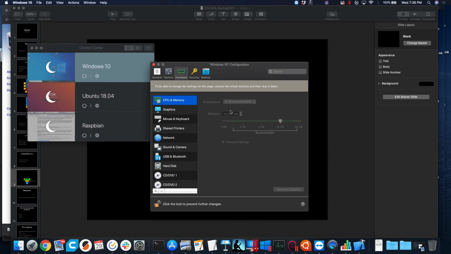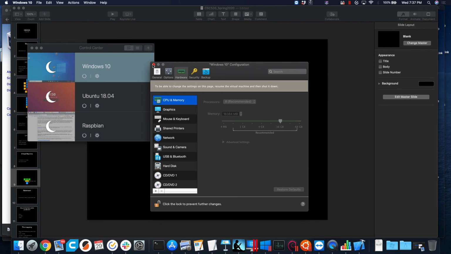So I give it 8 processors, so 8 CPUs, and 16 gigs of RAM. It's a pretty solid Windows machine, right? So when I run Windows, I'm giving up 8 processing cores and 16 of my 64 gigs of RAM. As long as Windows is running, those resources are set aside for Windows. My Mac OS, my host OS, does not get those.